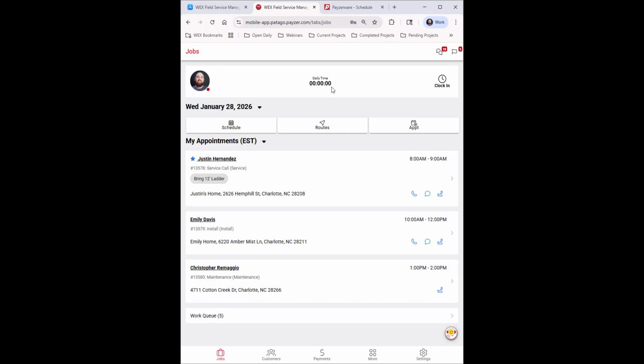Now, there are two time clocks in the system. There's a daily time, which is going to track your entire day, and there is a job time clock that will track time on the job. For some of my customers, they use the time clocks heavily and rely on them. For some of my other customers, they don't use this for clocking in. Maybe there are timesheets that you're using. So you don't have to use these if you don't want to, but if you do,